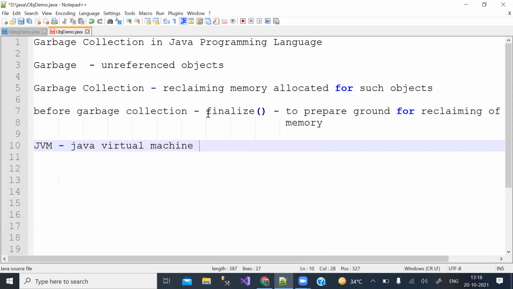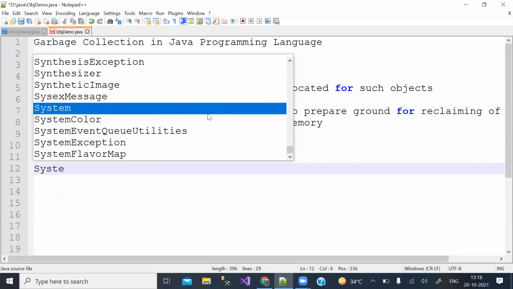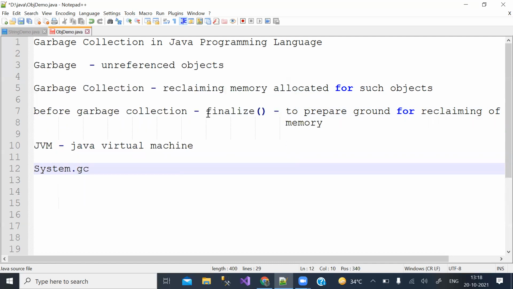We can do it manually also using a method in System class by name gc. gc stands for garbage collection.